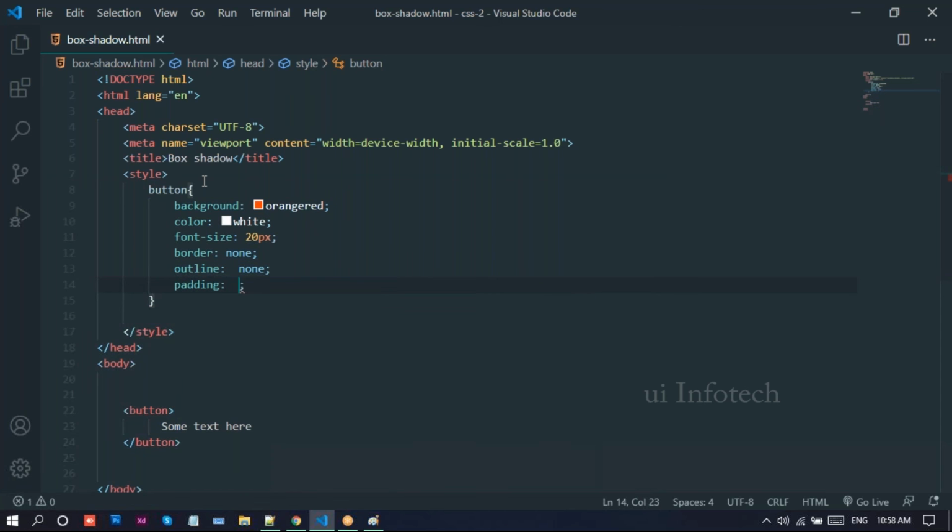For the padding, I'll just provide 40 pixels.